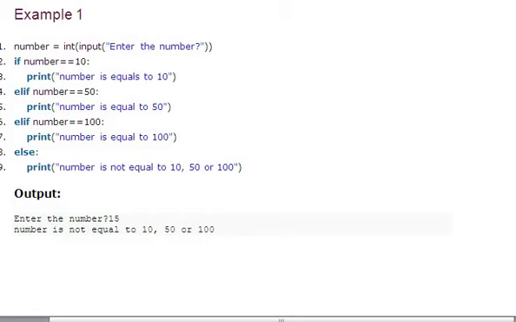Look at that output, your input is 15 here. The condition in line number 2 is false, the condition in line number 4 is false, the condition in line number 6 is also false, so the statement after else is executed.